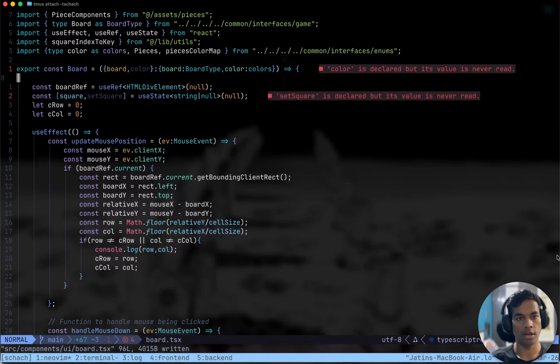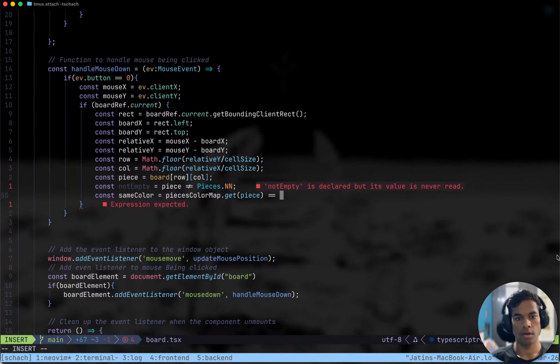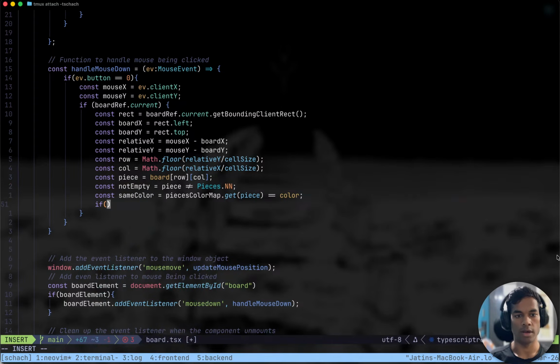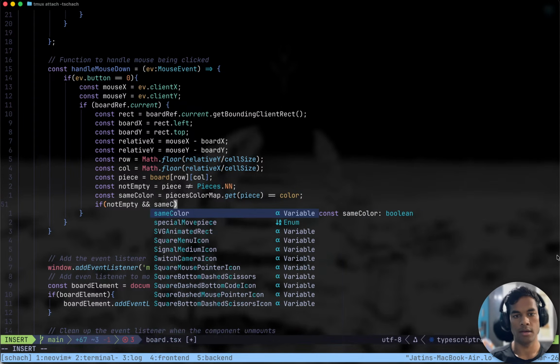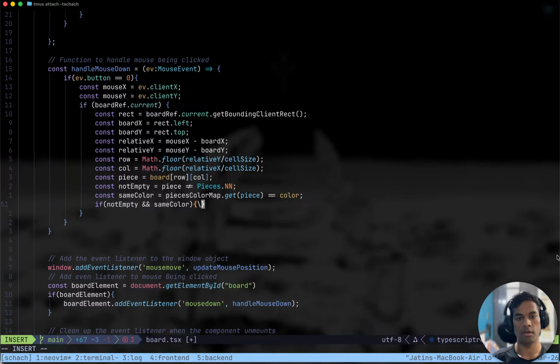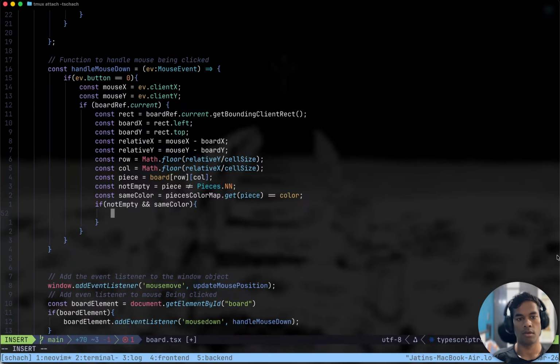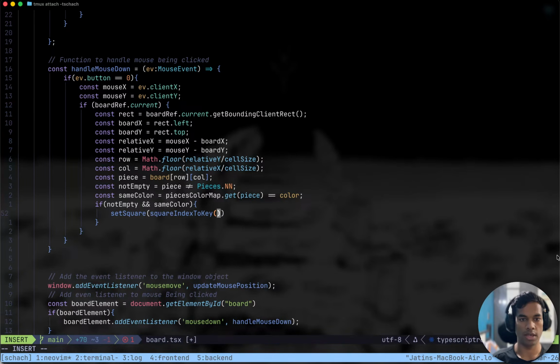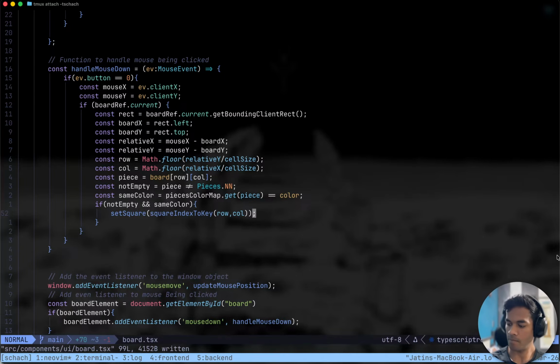Color is declared but never used, that is fine. This thing equals color. Now if not empty and the color is same, set square equal to square index to key, pass in the row, pass in the column.